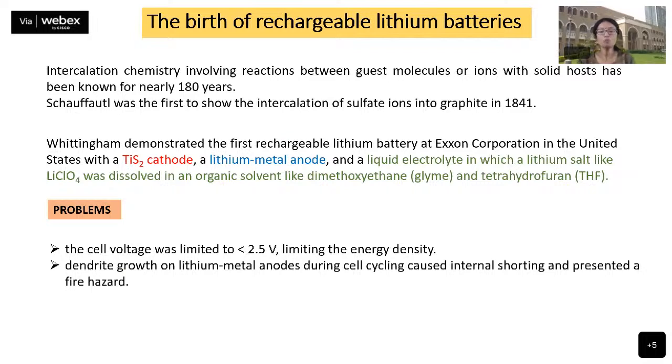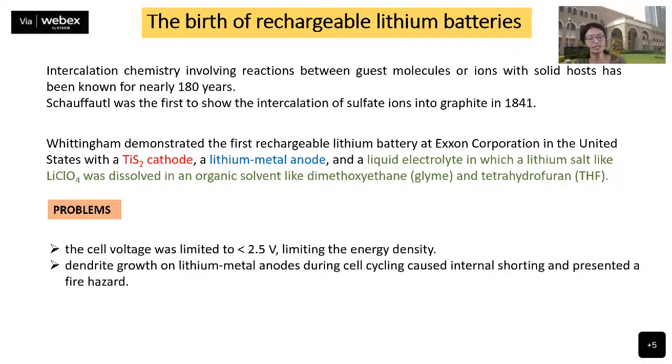Now let's see how the material development for lithium batteries took place, how these different scientists thought to develop materials for lithium-ion batteries, and whether we can learn from it. See, this is intercalation chemistry, because the entire thing is based on intercalation. The lithium ion is moving from your LiCoO2 cathode and intercalating in the graphite, so it is sitting in between the graphite sheets. This intercalation chemistry, involving reactions between a guest molecule or ion with a solid host,